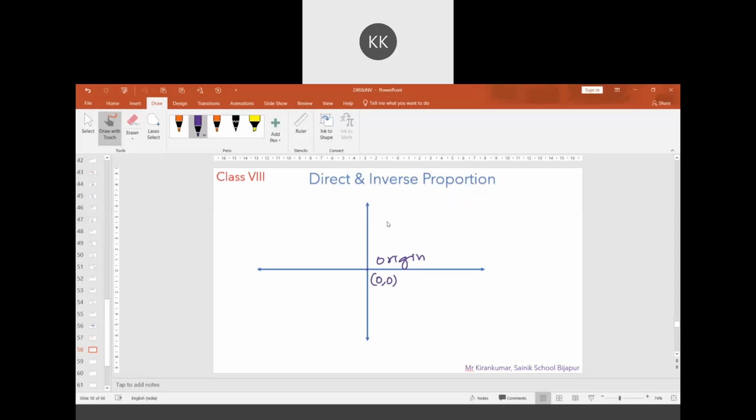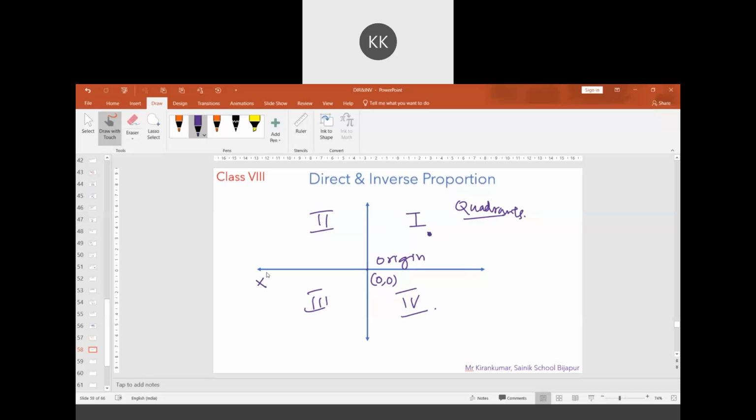This point of intersection is named as 0, 0. And the four places where it is making four parts are called quadrants. This is the first quadrant, this is the second quadrant, this is the third quadrant, and this is the fourth quadrant. Quadra refers to four. Quadrant is four parts. Whenever there is some point in any of the quadrants, it will be at a certain distance away from the horizontal line and the vertical line.